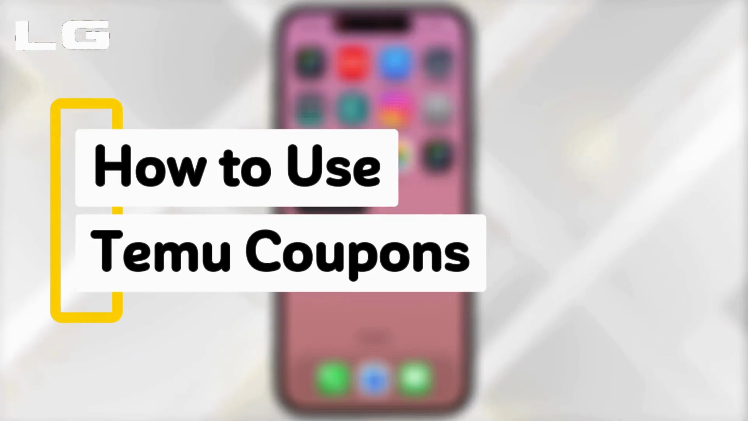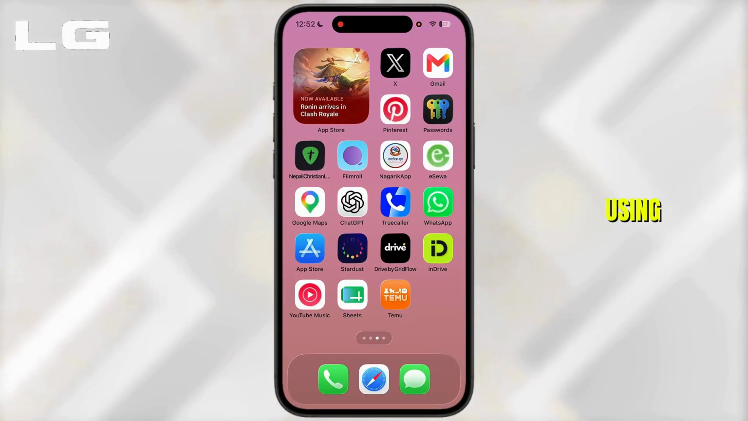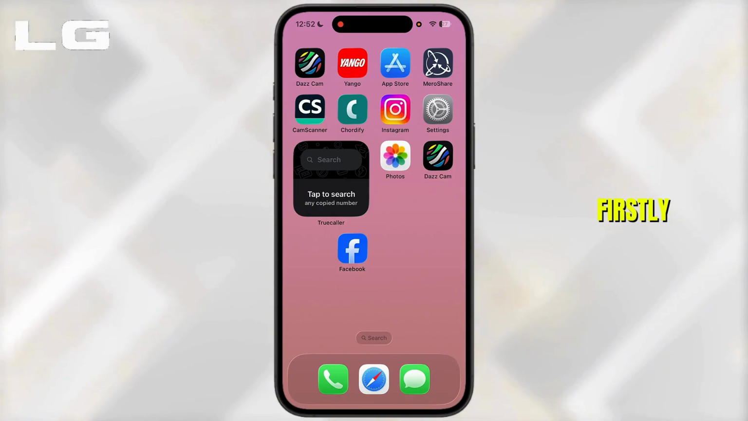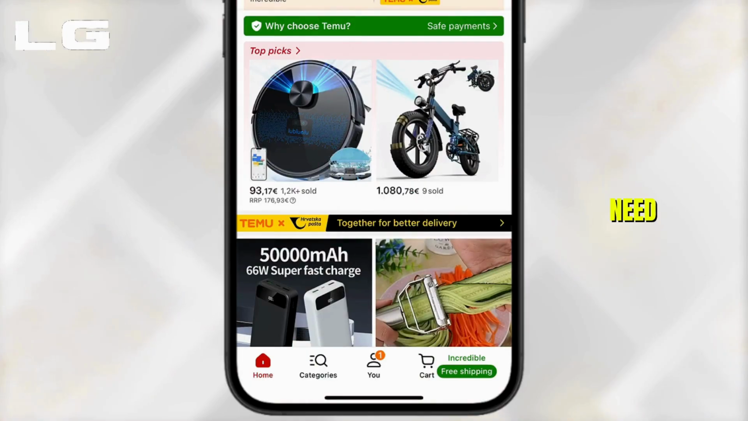Hello everybody, in today's video I'm going to show you how to use Temu coupons. If you want to save money while shopping on Temu, using coupons is one of the easiest ways to get discounts on your order. To get started, firstly open the Temu app and next you need to browse the app